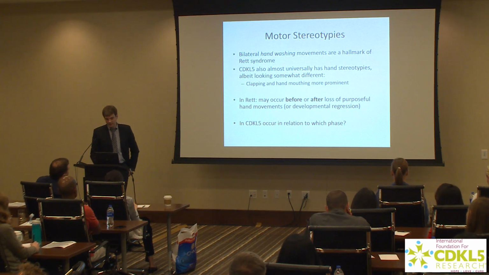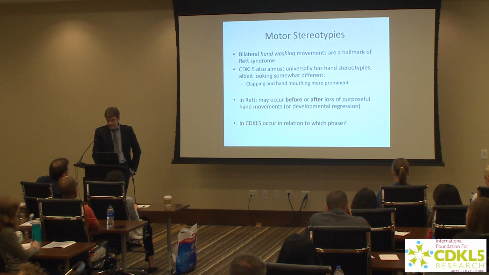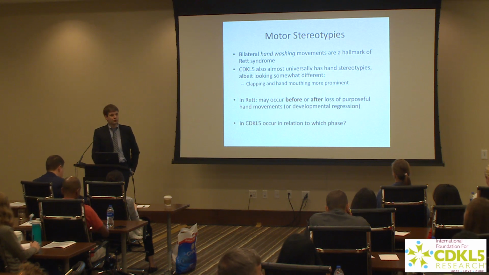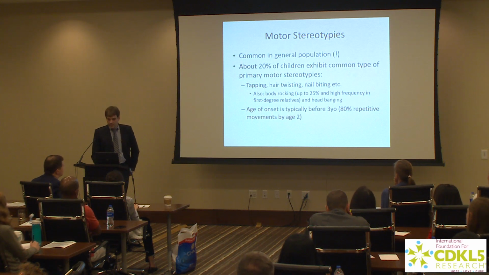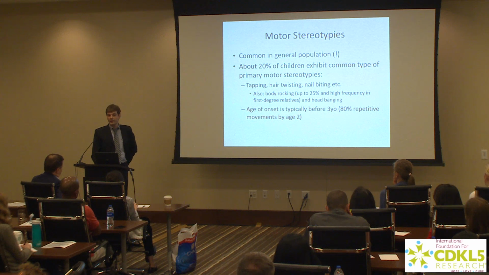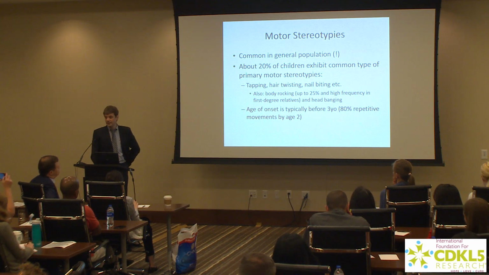And it may be that we'll learn eventually what that means. The onset, again: most stereotypies occur in the first year of life. Is that at all tied to some characteristic period of brain development? We do not yet know. Even in Rett syndrome, the majority co-occurs with the famous regression, but it can occur before and after. It's very important to know that motor stereotypies are maybe the most common movement disorder.